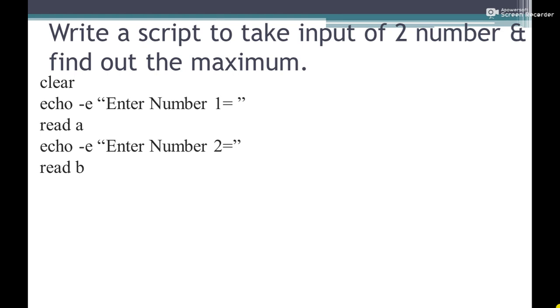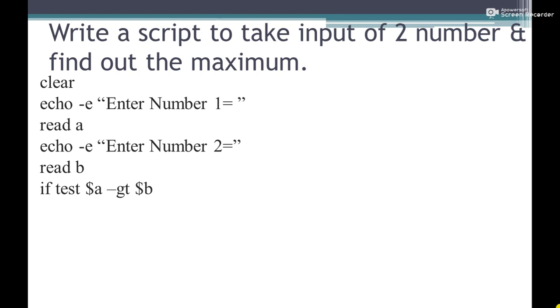And then we will use the if condition to check which of these two numbers is maximum. So here we will check it with the help of the if condition.